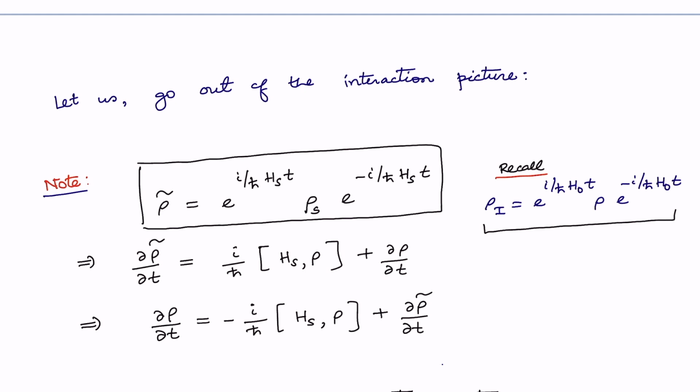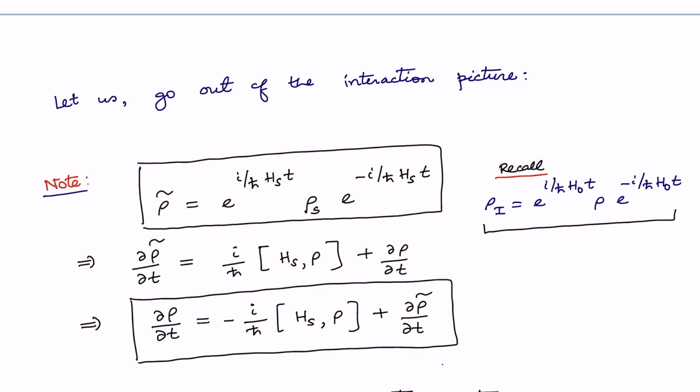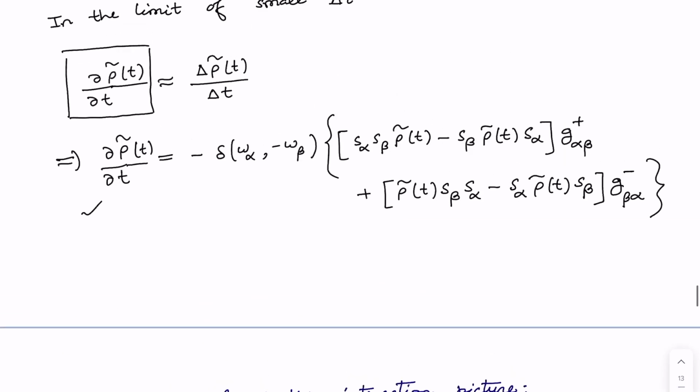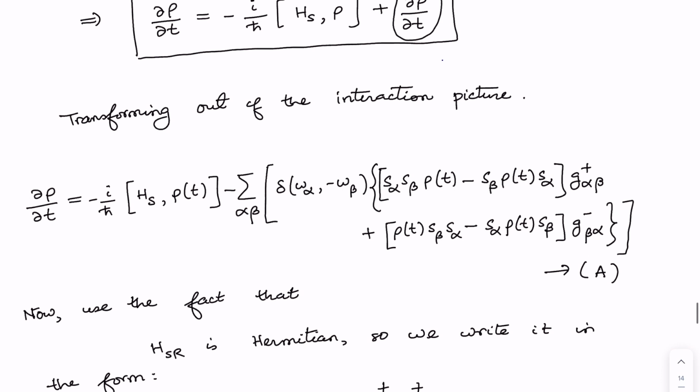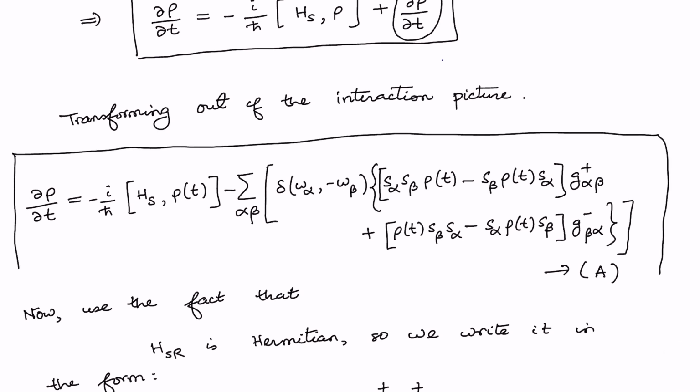I am not writing rho s all the time, just to understand that whenever I am writing rho without tilde, that means the density operator in the Schrodinger picture. And from here we can get this evolution equation for the system density operator in the Schrodinger picture. And delta rho tilde delta t we have already worked out in this expression, so we just put it here, and then finally we get this very important equation which gives us the evolution of the system density operator